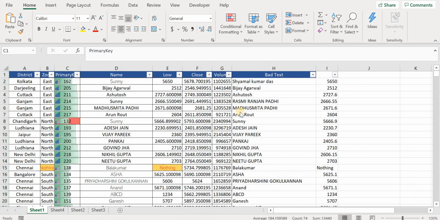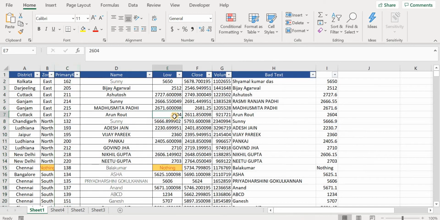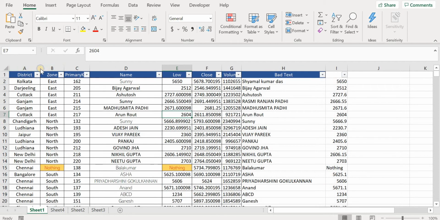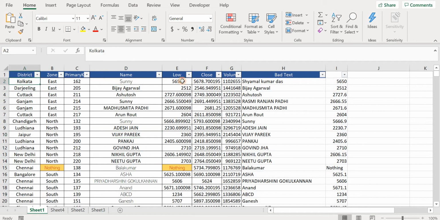Now let us clear the formatting from the entire sheet. What I'm going to teach you now is something more important and very powerful. So let us say that you want to highlight all the rows wherever the name Sunny appears.